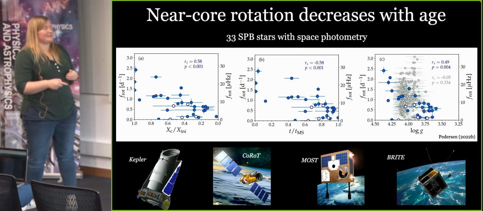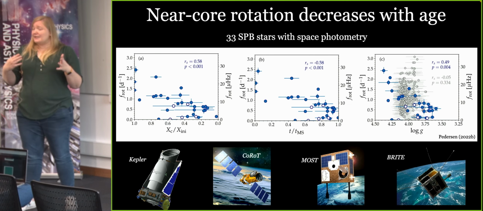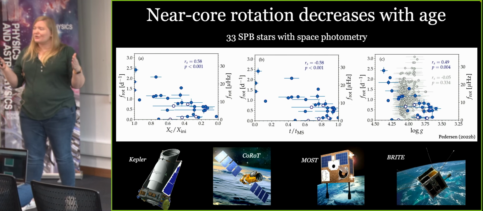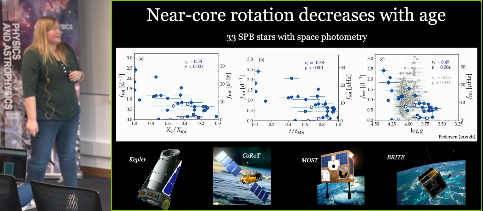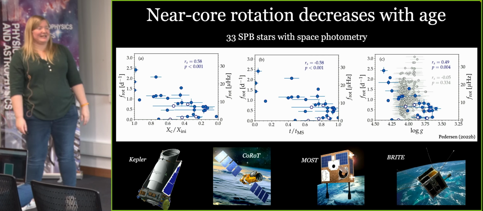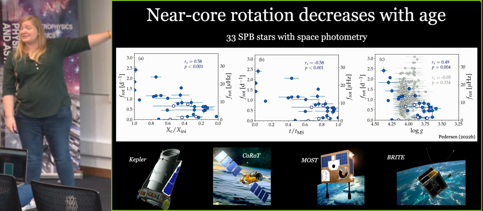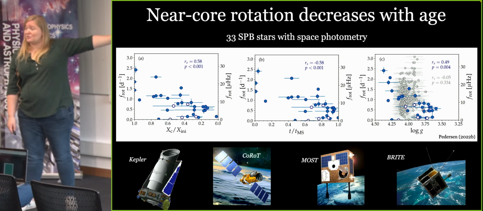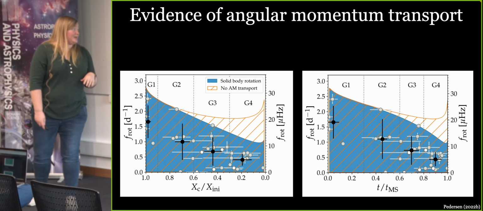And we don't see necessarily the same kind of relation here, but again, these also haven't been fully modeled to really show these trends. Now, one question we might want to ask here is, on one hand, do we expect to see this kind of decrease in rotation with age? And does in general this match with what we expect from angular momentum transport theory inside the stars? And so what I'm showing you here